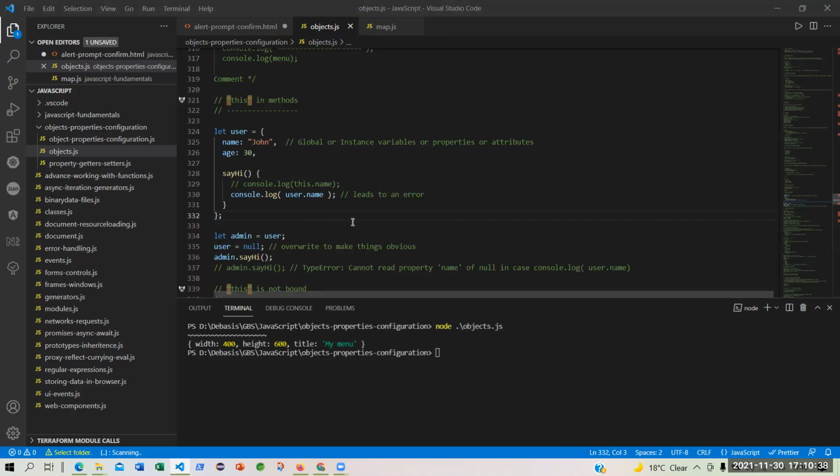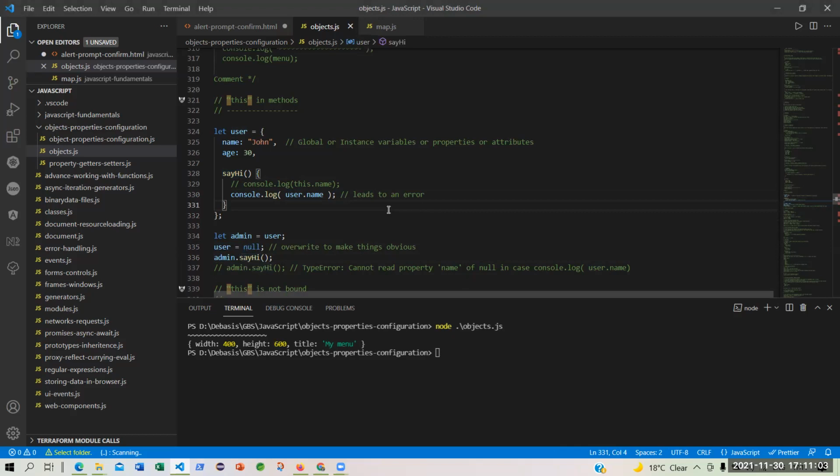But let's check. You are saying that it will print the username. But here, remember, I have given user.name. I have not said this.name. But the user object, I have made it null. So there it will catch an error when you say admin.sayHi. Or will it?